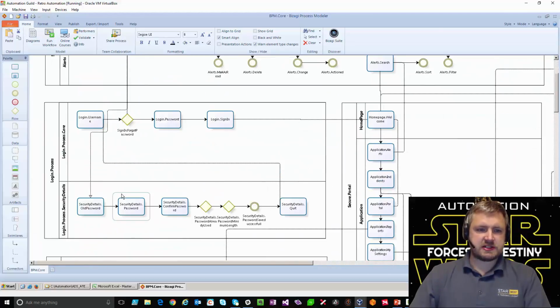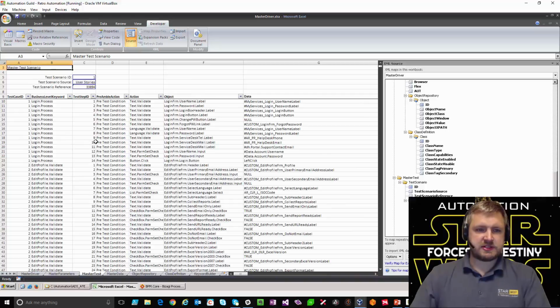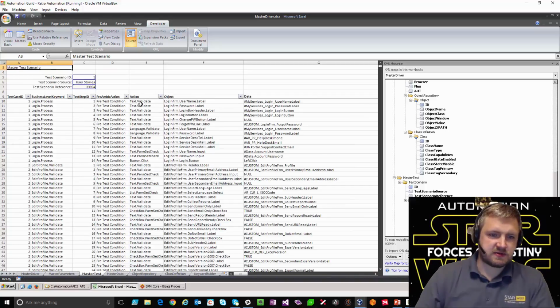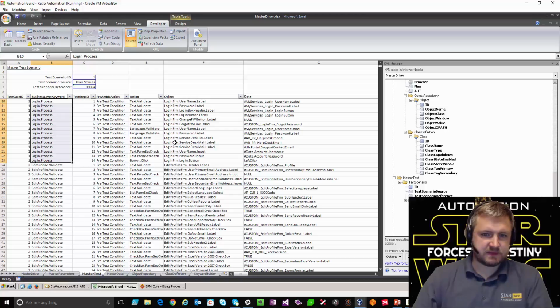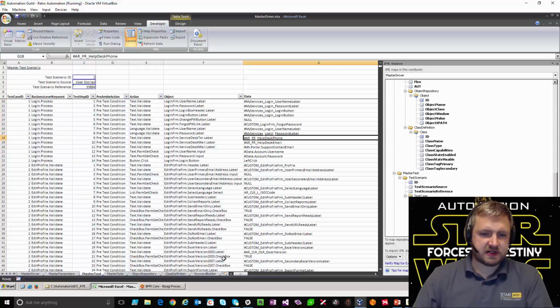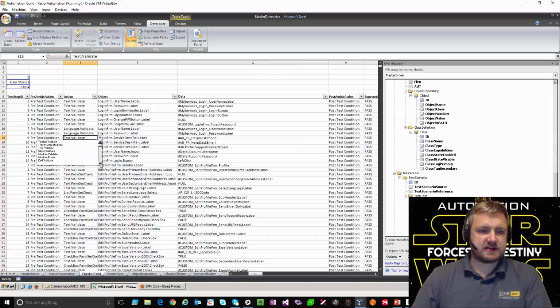But if I just go back to the simple flow with login process, the data for that and the tests will be stored within the master test scenarios. That particular login process has a number of different components, equally associated data, and each one of those data would be in different languages. So if I look for one of these components, I'll be able to find out the help desk phone in multiple languages for multiple different customers with multiple different configurations. Equally, I can define the type of object class that that item is.